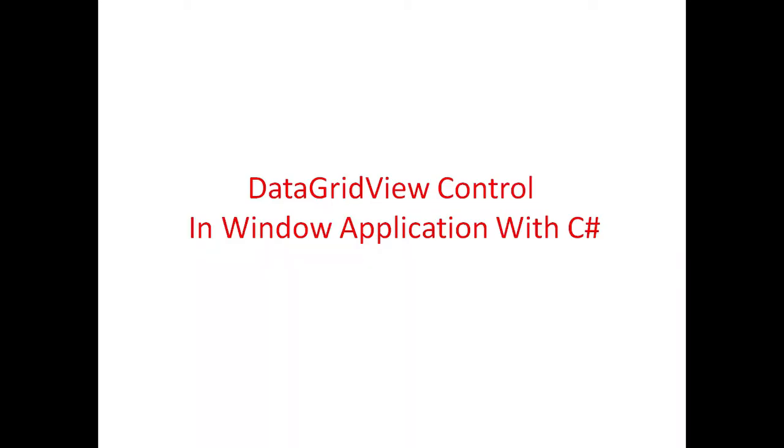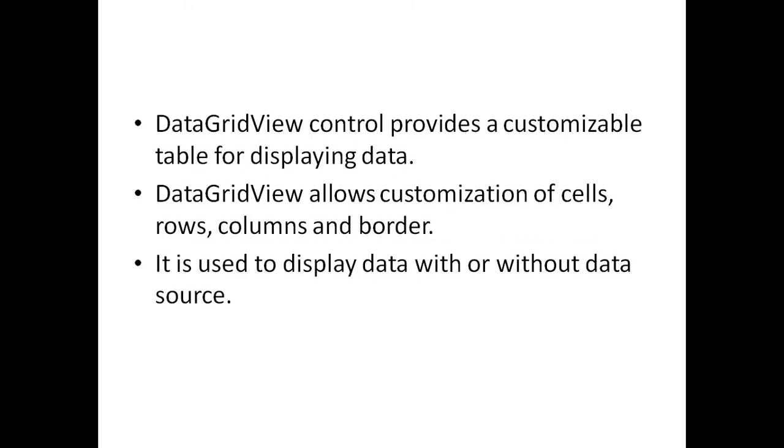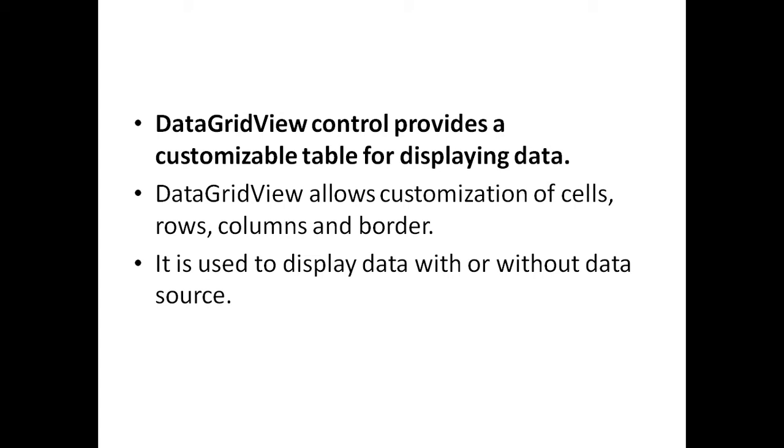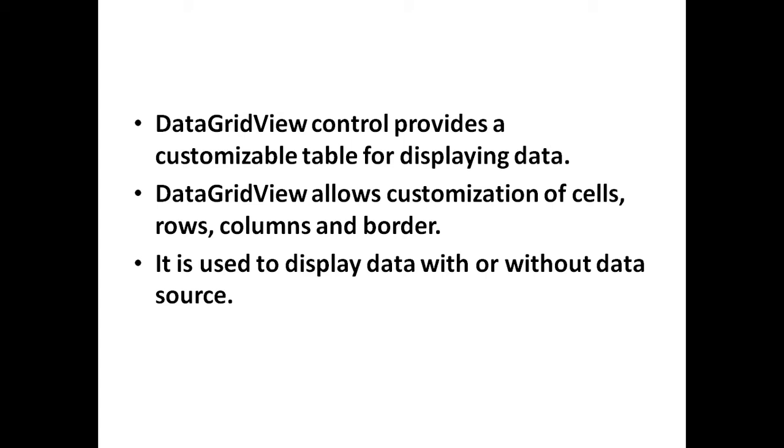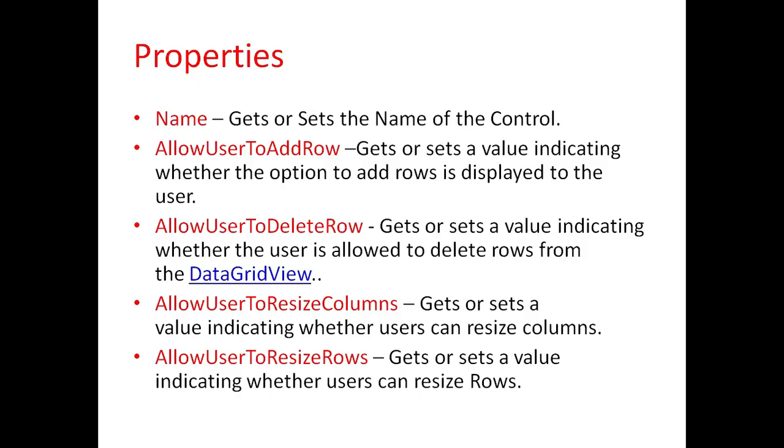In this lecture, we will see the DataGridView control in Windows applications. The DataGridView control provides a customizable table for displaying data. It allows customization of cells, rows, columns, and borders. It is used to display data with or without a data source. Different properties for DataGridView controls are: